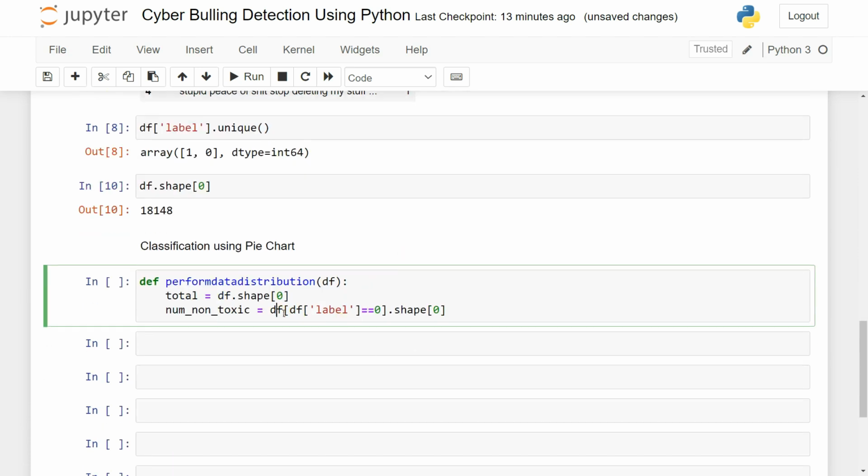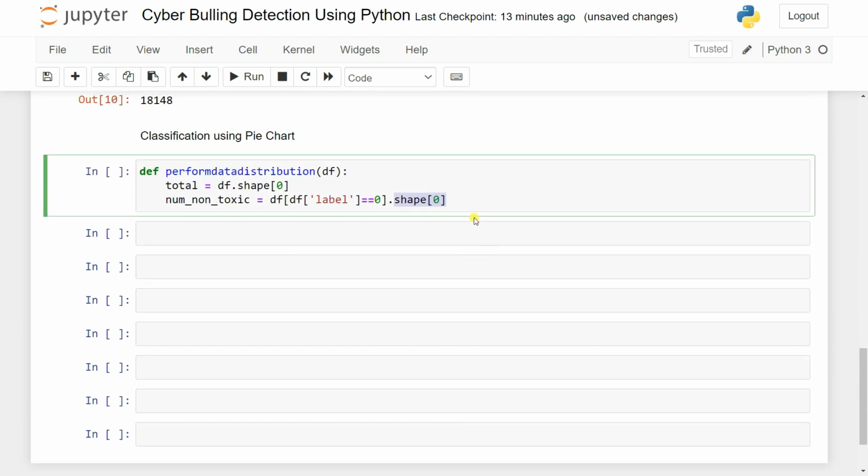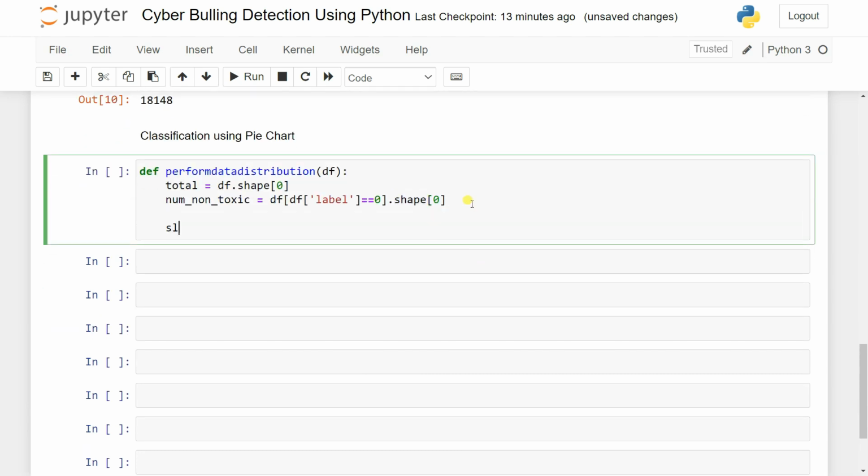Non-toxic one. See, if we go to the df and we check inside my label is equal to 0, then we get the first shape. That means how many are nothing but non-toxic, right? And now what I can do, we can first get a slice so that we can pass it inside our pie chart. So let's say slices. So how can you calculate the slices? Simple. Number of non-toxic,